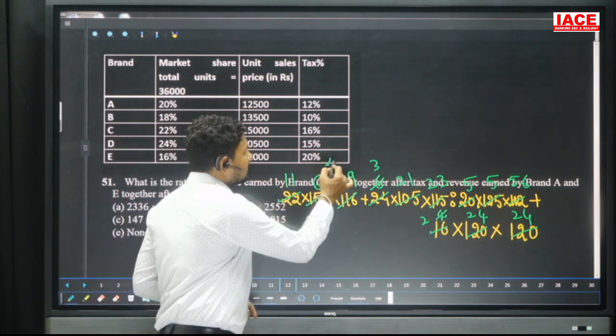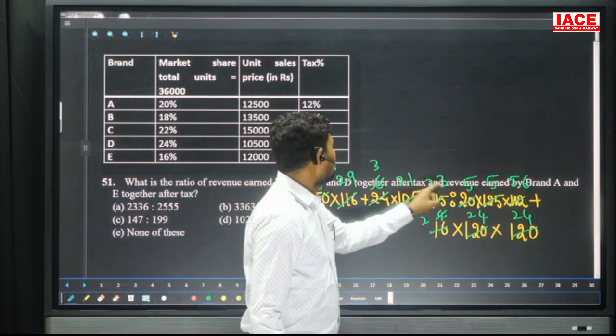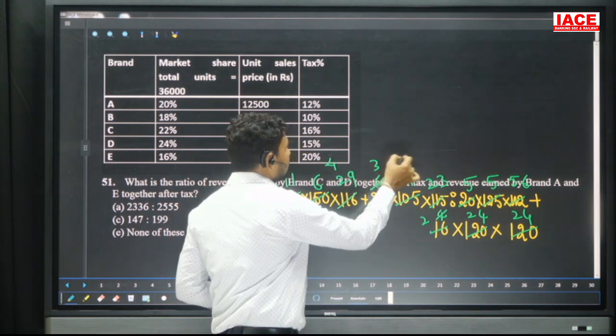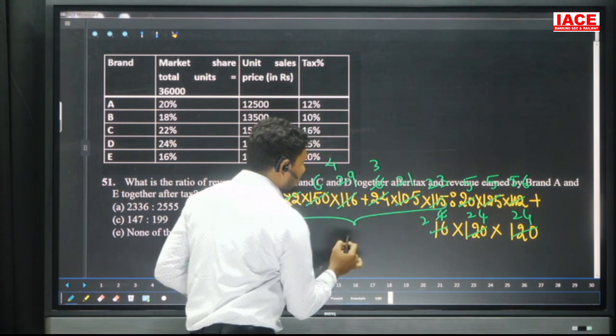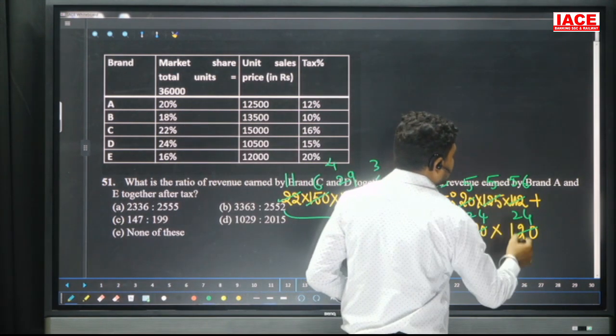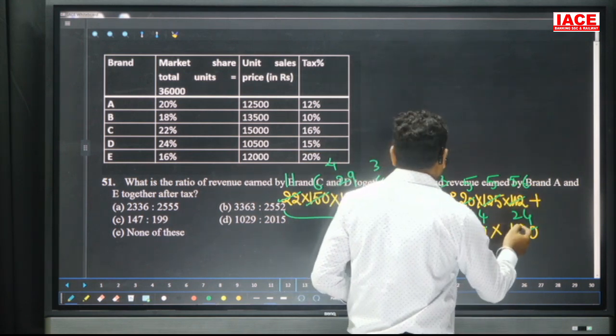This value last digit is 4. And 3 into 3, so 3 into 3 value is 9. 9 plus 4 value, this is the last digit is 4. This 4 plus 9 value, if you are simplifying here from here to here, you will get unit digit is 3. And here 5 5s are 25, 25 6s are 300, and 2 4s are 8, 8 4s are 32, last digit is 2.